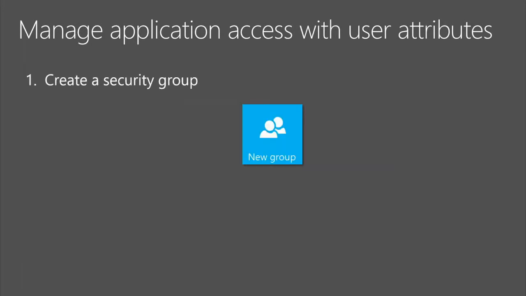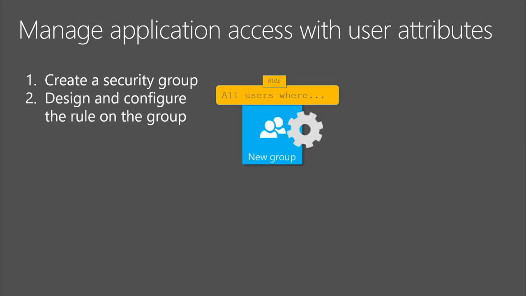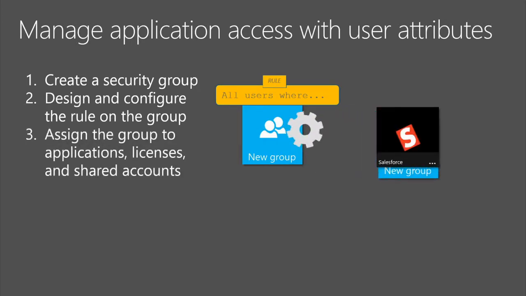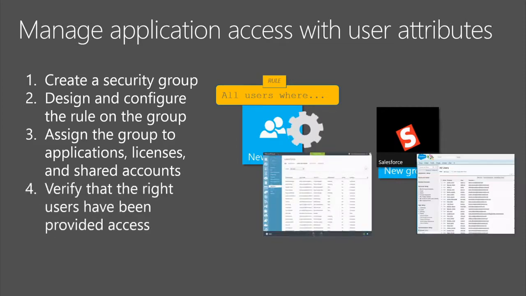So how do you get this done? Remember, everything we're doing here can be done in under 5 minutes. Go off today, start playing with it. So how does this work? You create a security group. You design your rule. That's the process that takes the longest time. It requires some thinking. It could take several minutes. You configure that rule on the group. You assign the group to the application. And then if you want to make sure we're not cheating, you can compare the results. And you'll see on your Azure AD UI which users are assigned by that rule. And you'll see on the application which users were provisioned based on that rule.